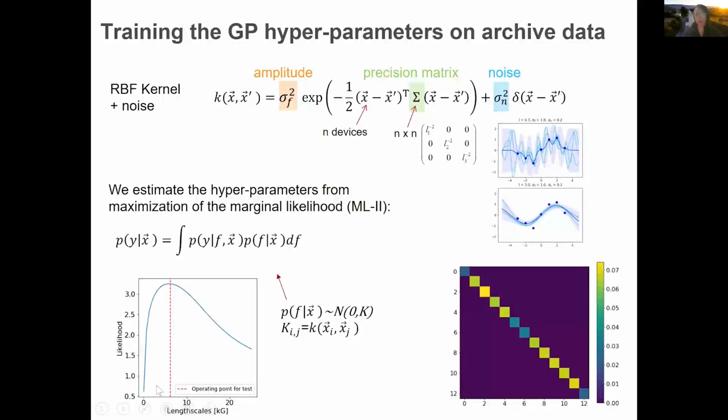Here I show an example. This is the precision matrix. This is a 13-dimension control, so a 13 by 13 matrix. It is diagonal. All these different length scales are the ones that maximize the marginal likelihood of the model given the data. So this is how we did it for